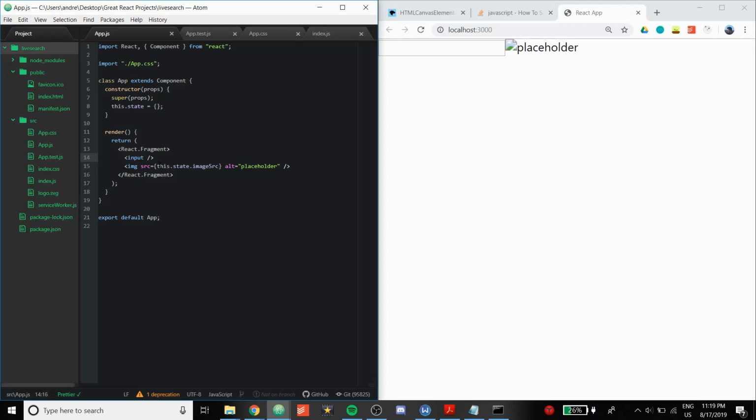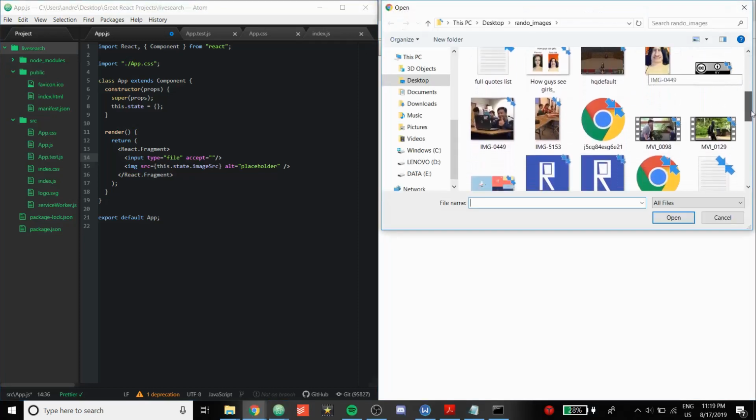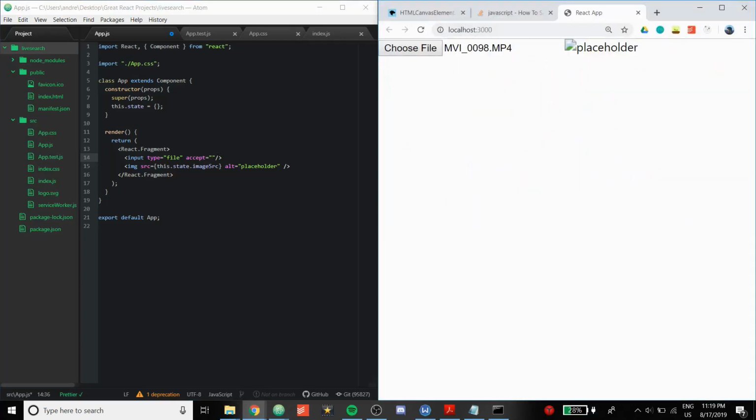Now to make this a file input, instead of this text input right here, you can just do type equals file, and if we save that right now, it's gonna look like this. Now here's an optional thing you can do: accept equals. Right now, if I choose file, you can upload everything. For example, this is like a movie right here, but you can also upload that. But you can say accept only images,